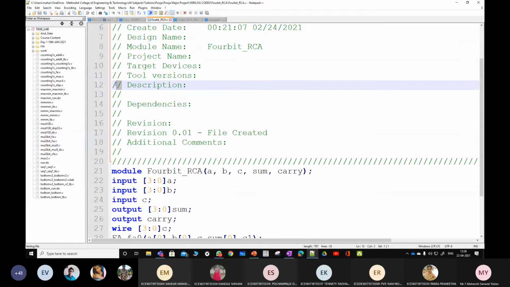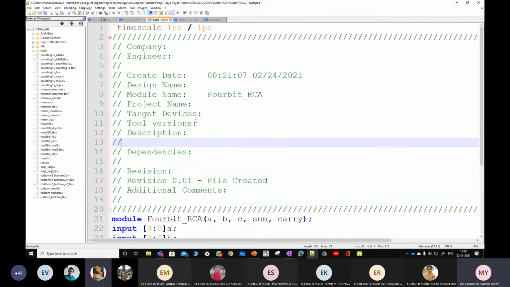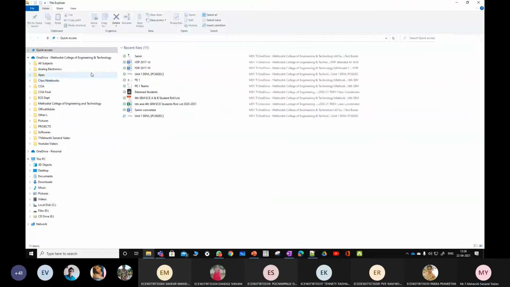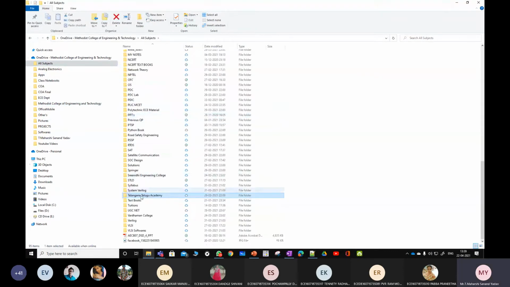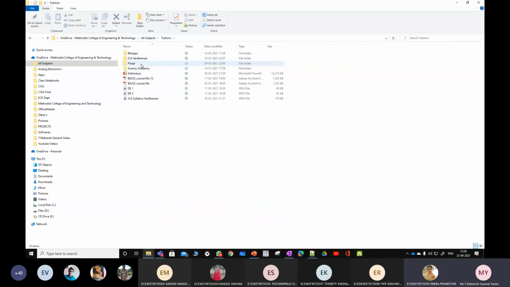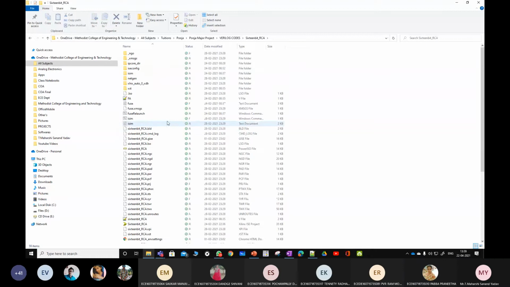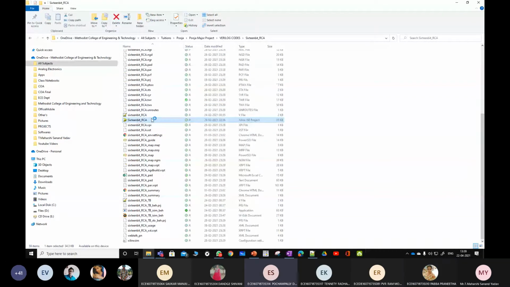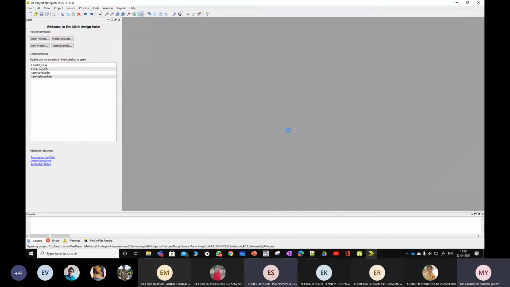See this, is it a single line comment or a multi-line comment? Single line. Then what about multi-line? It is represented as slash star and star slash. Yes, correct. That is called a multi-line comment.